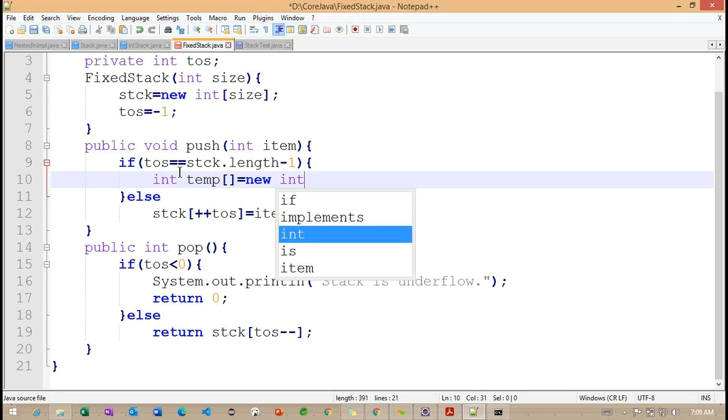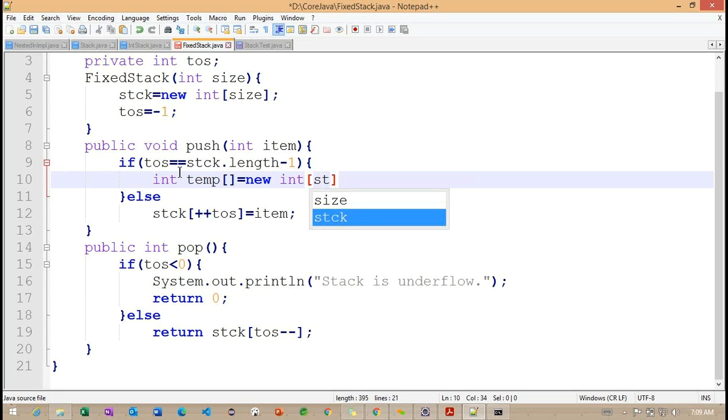Now, when this condition is satisfied, with the help of length, with the help of this stock.length multiplied by 2. Getting the point.